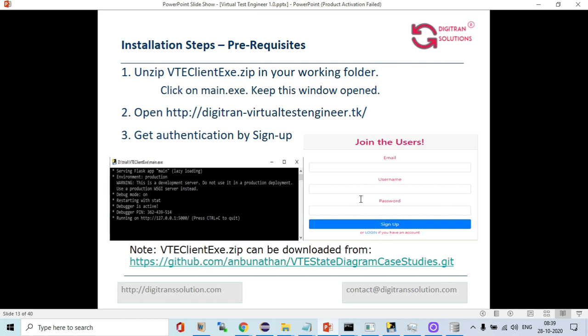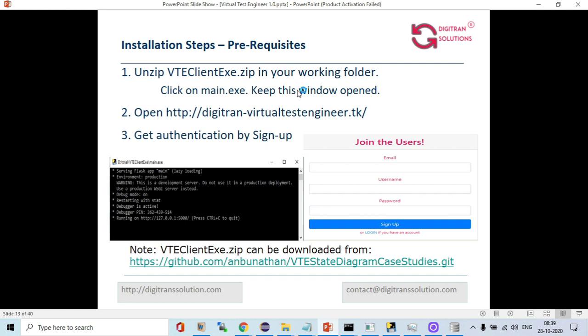The first step is the prerequisites we need to satisfy. One is the VT client exe.zip file, which has to be downloaded from the Git repository. This is the Git repository.